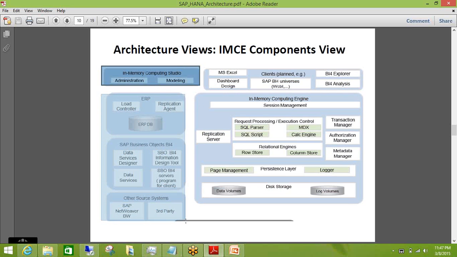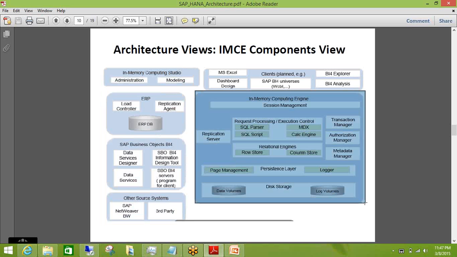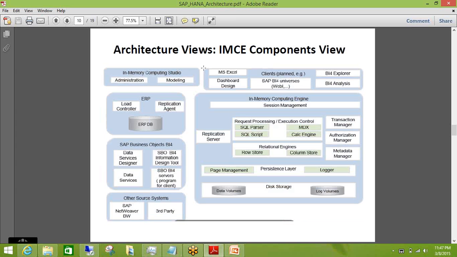The third component is your in-memory computing engine or HANA server, where you have all the in-memory DB and all those things. And the fourth component is your BI client tool: MS Excel, Lumira, dashboard analysis, Crystal Reports, all these things are there.